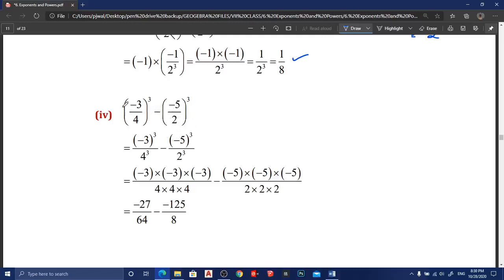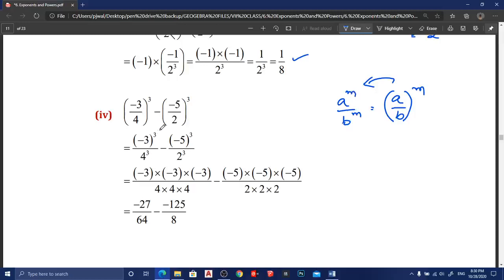Here we can use the a by b to the power of m formula. You know that a to the power of m by b to the power of m is equal to a by b to the power of m. I am using this in the reverse format, to split both numerator and denominator. A by b to the power of m, how can I write this? A to the power of m by b to the power of m, taking the power to both the numerator and denominator separately like this.